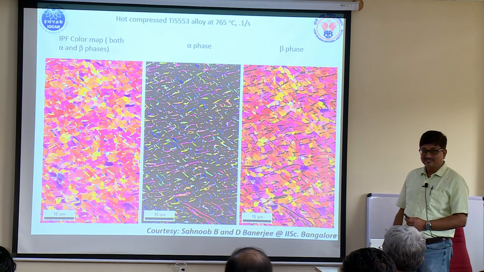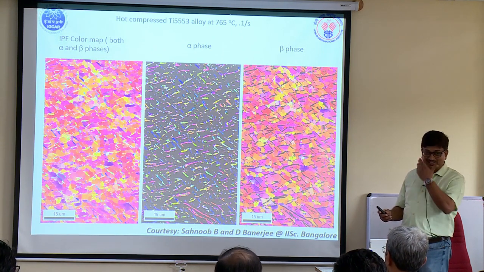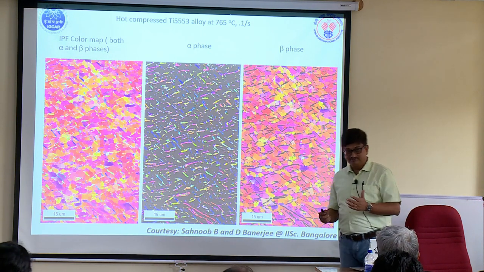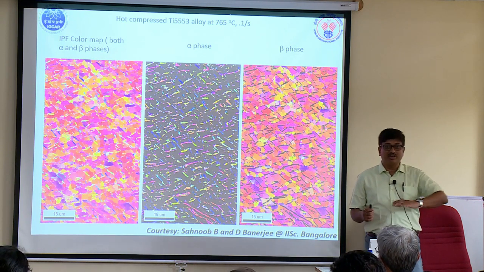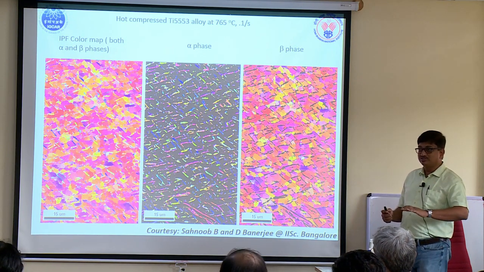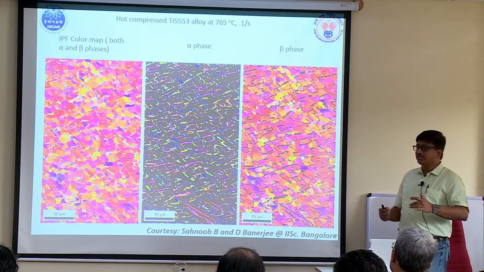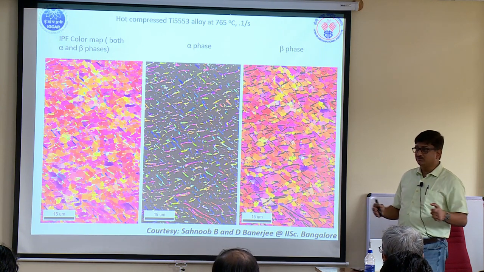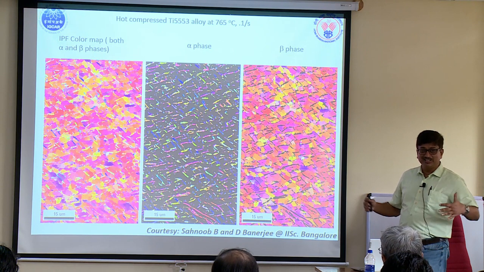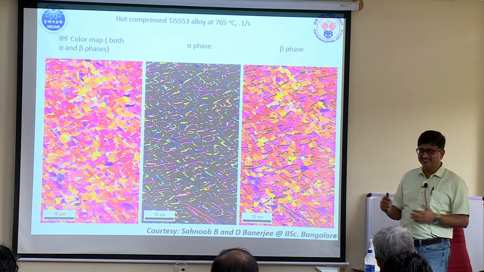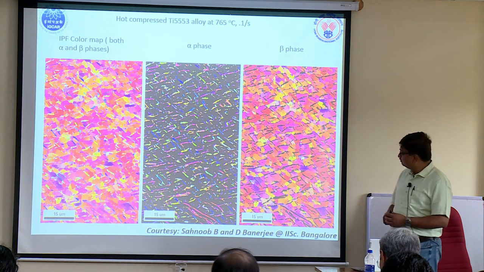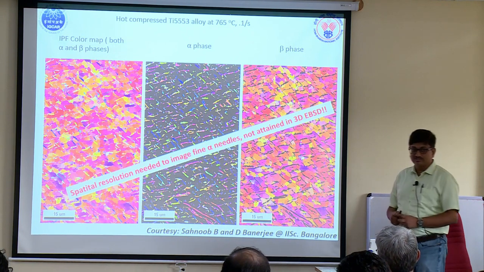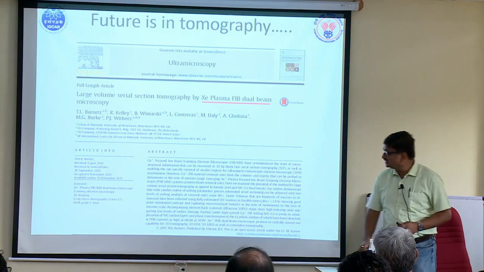Comparing with 2D, the resolution is much better as compared to the 3D. That's simply because during your gallium milling, the surface is not as good as what you would prepare in a vibratory polisher or an OPS solution or things like that. Maybe your cleaning can be better, and if you are really pursuing the subject, I think you can improve. But after doing some work, we were not as convinced. The 3D EBSD looked okay, looking at structures more than orientations. This is where we were, because as you can see, the resolution of 2D EBSD is far better if you concentrate on that.